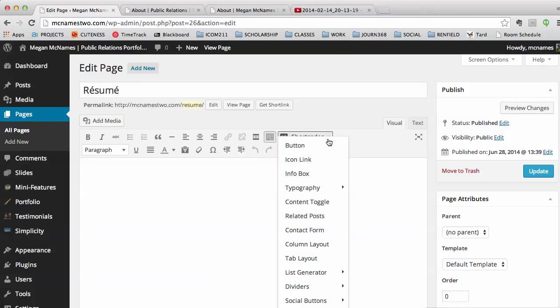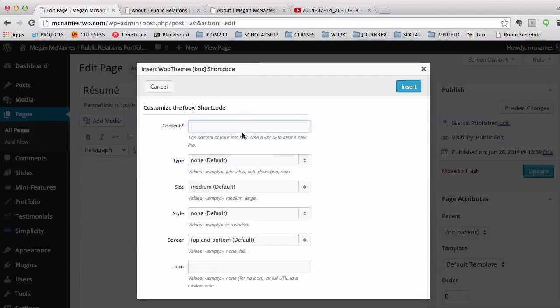So if I click on shortcodes, I'll get a drop down with all these cool things that I can make on my page to make them look more interesting. So we're going to click info box and it's going to ask us some questions. What do we want in our info box? Well, let's make a